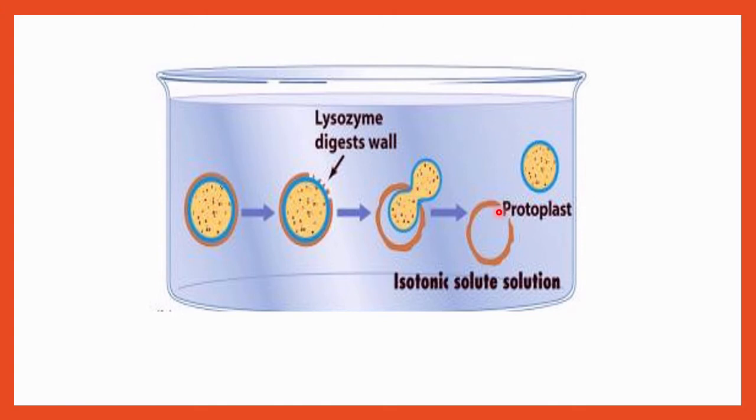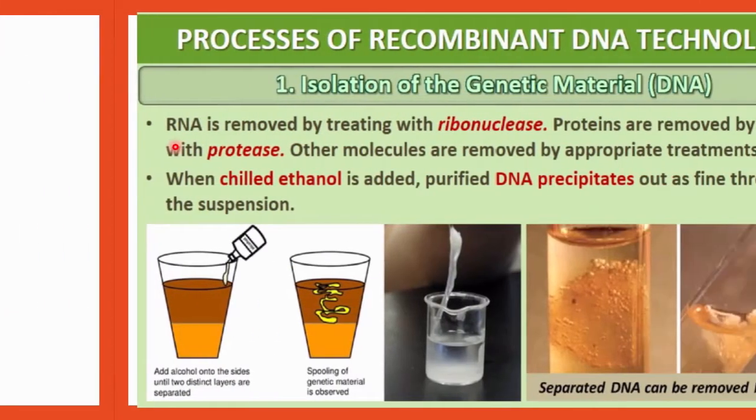Okay, so by this you can see the cell wall will be separated out from the cell, and the rest of the content will come out of the cell. So by this way we will get the isolated DNA. After this step,